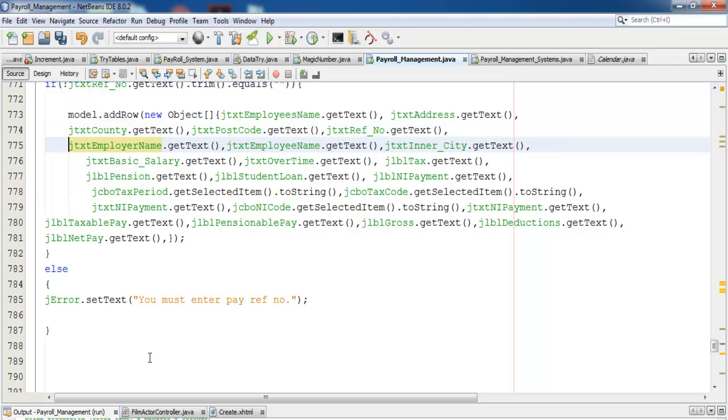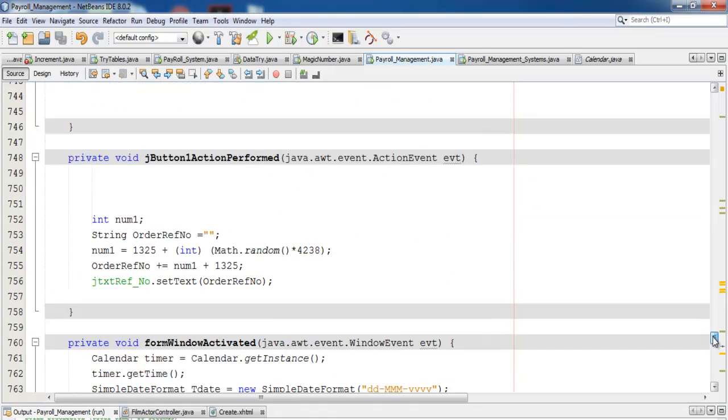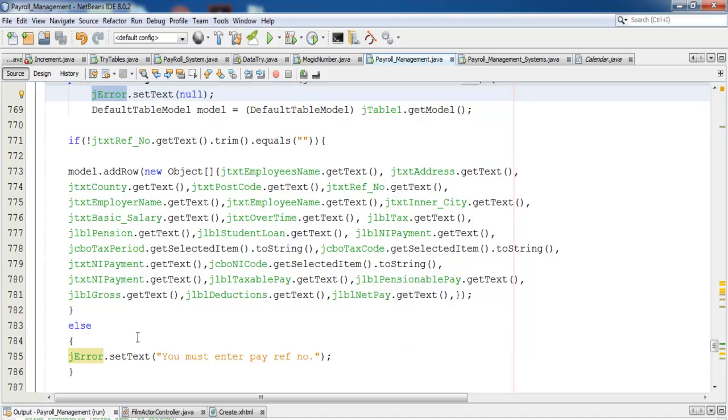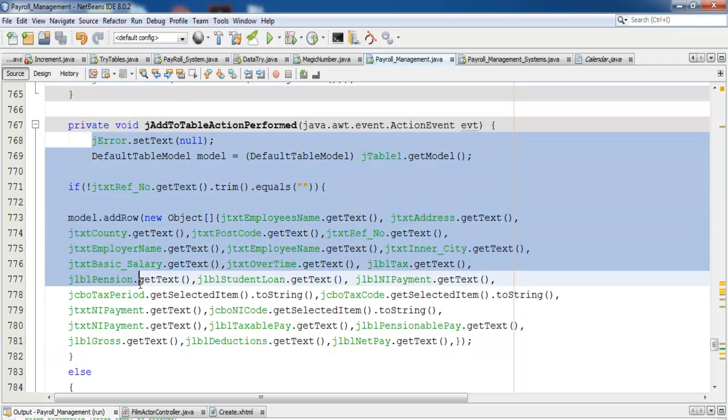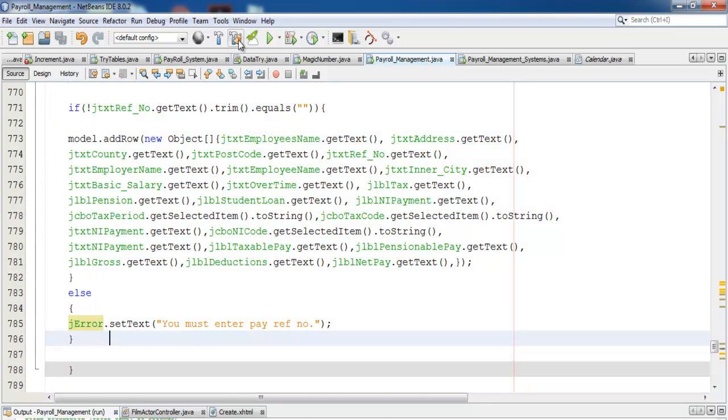Let's tidy it up. Okay, I've tidied up the code a little bit. So right here, that is my error trapper, and I have it on my system. Okay, that's how the code looks now. That's just to populate the table. Okay, let's compile, run,